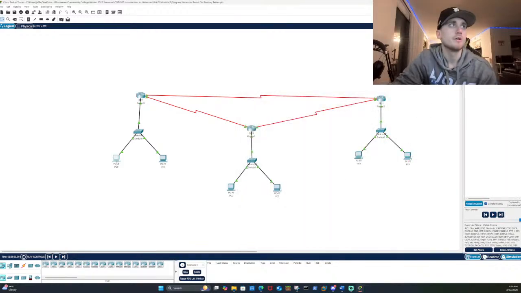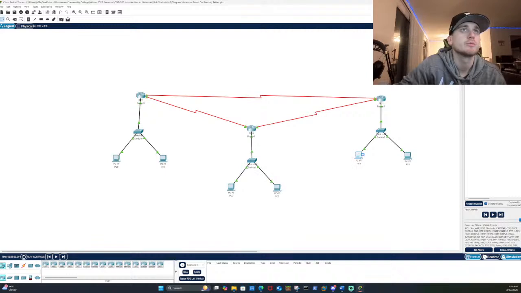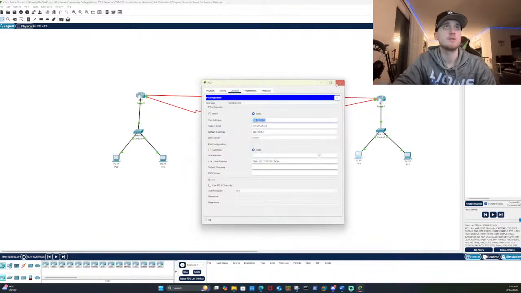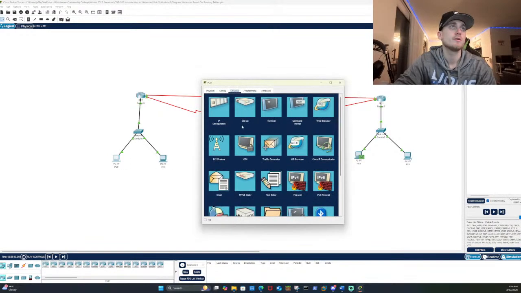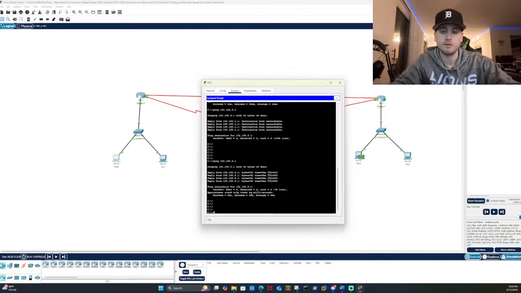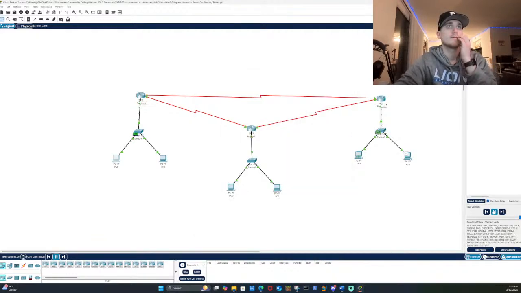Let's try this again. Okay, I don't need to do this for the assignment either. I'm literally just doing it for fun. I don't understand why I'm tripping so hard. Okay. Let's try to ping PC to PC. So command prompt and ping. Let's do this guy. So are they